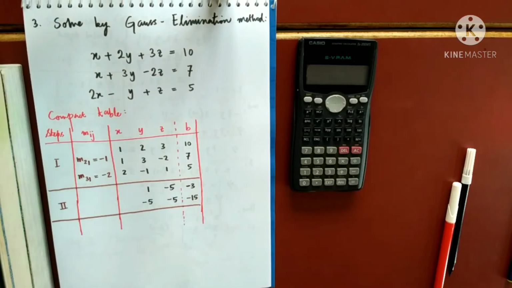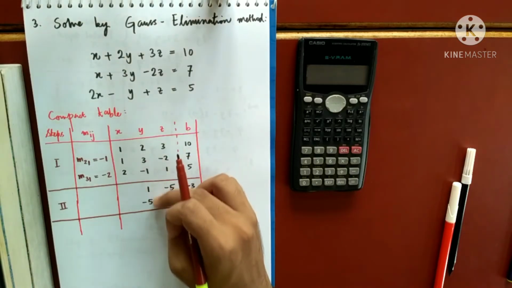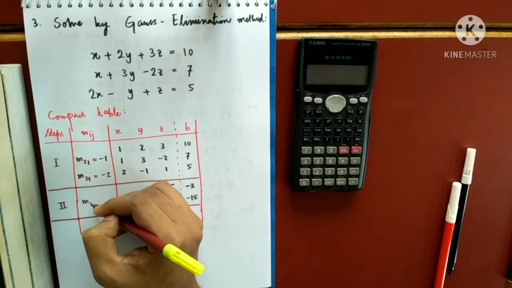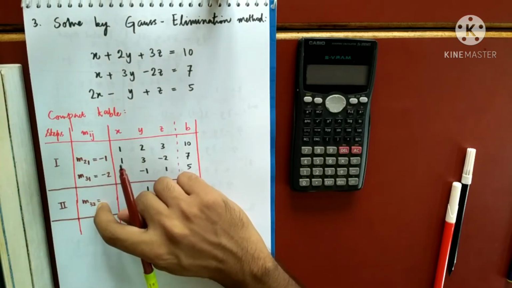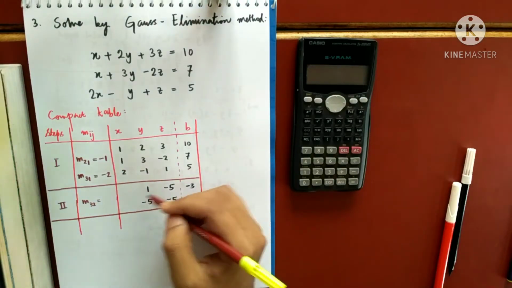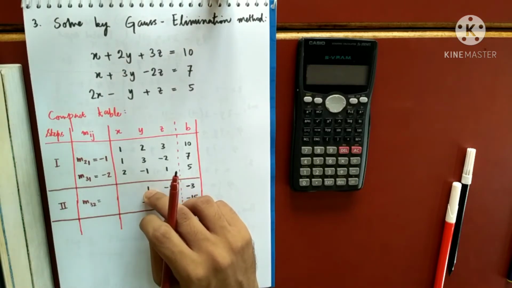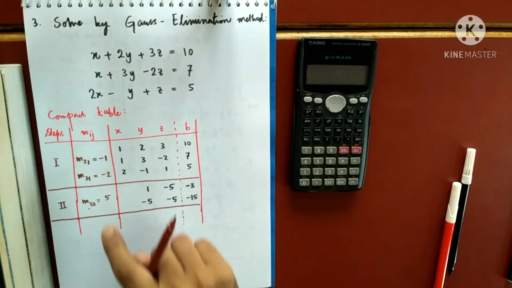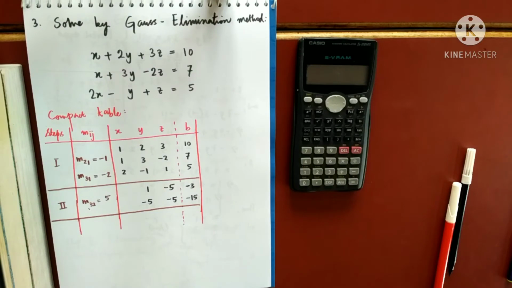Now I'll eliminate x2 from here, or y from these two. For that I will write the multiplier like this, m32. Why m32? Because this time I am using the second equation in the third equation, right? I will take the opposite sign. I have to divide by 1, so no need to write, and I have to take 5. So m32 is 5. Multiply this by 5 and add here.